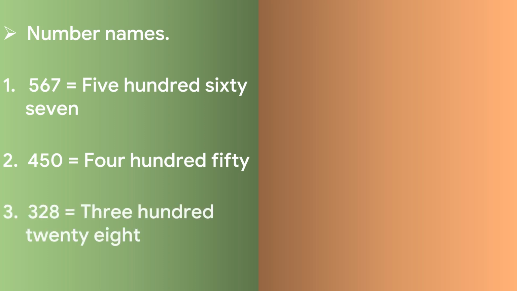Five hundred sixty-seven. Your second number is 450. 4 is in the place of hundreds. That's why you have to write down 400 first, and then you have to write down the tens and ones places both together. So it's 50. Your next number is 328. 3 is in the place of hundreds. That's why you have to write down first 300, and then you have to write down 2 and 8. These both placed together. So it becomes